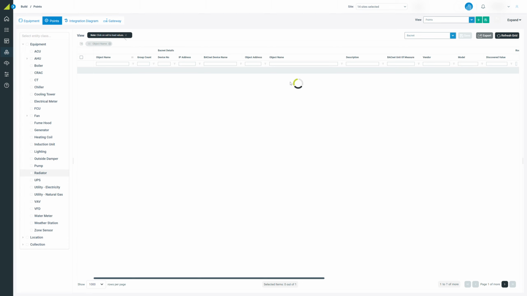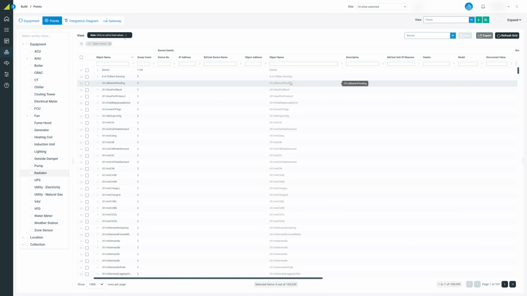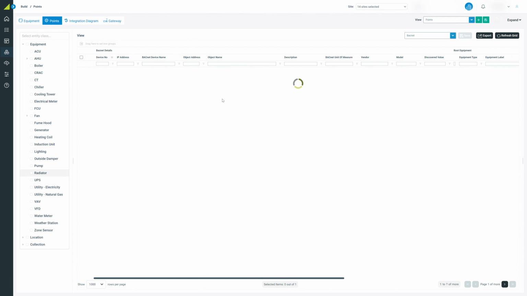So within the object name alone, there's 100,000 different types of object names, and in the descriptions